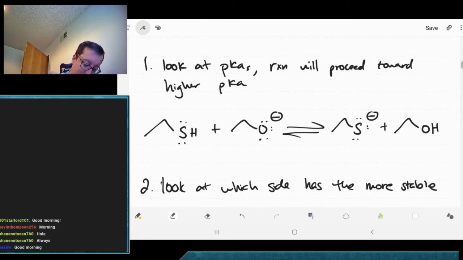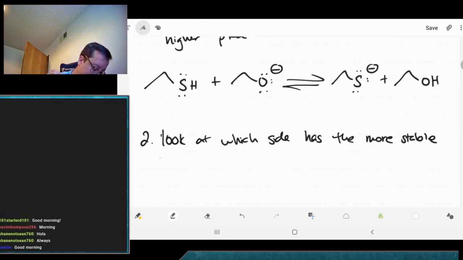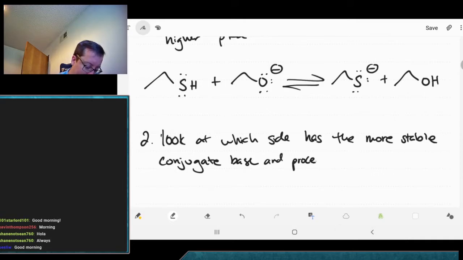So you can look at which has got the strongest acid, or we can look at the conjugate base and proceed to it. So we're going to go to the more stable conjugate base as well. So between these two, if we're looking at the conjugate bases,